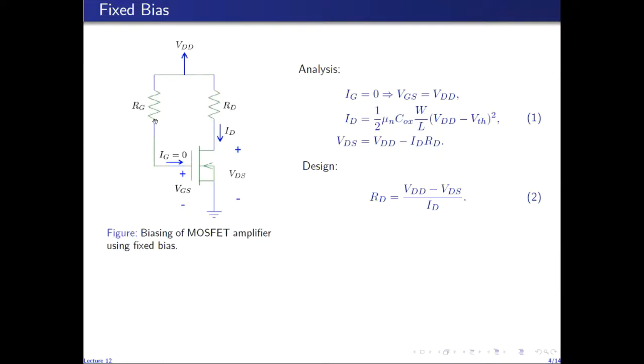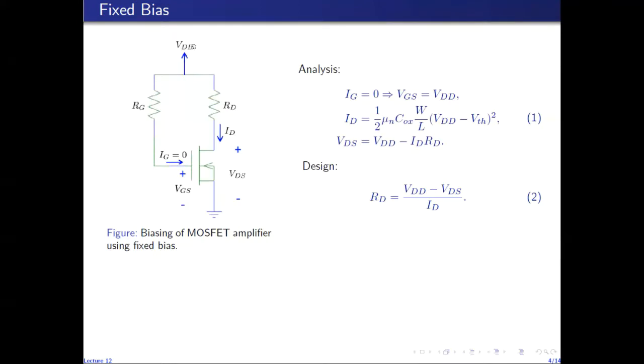So, you might ask, why do we need RG at all? Well, we cannot leave this gate terminal dangling. We cannot leave this open. We have to connect it to one of the points in the circuit. So if the voltage at the gate in this configuration is VDD, then why can't we just simply short circuit the gate to the supply? Well, because if I directly short circuit the gate with the supply voltage VDD, then under